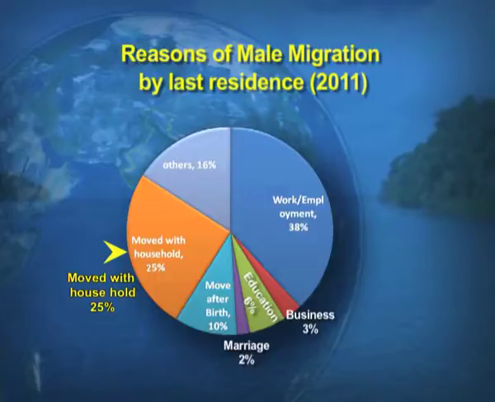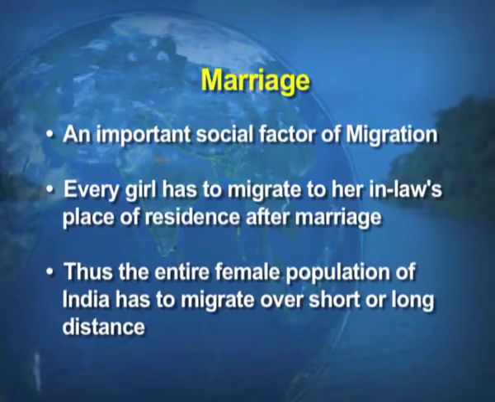25% is when they move with the households. Households means the whole family shifts. It is not a single movement of a male person, but the whole family movement, which counts for 5% of the migration. And the least percentage of migration among males, children, is marriage. And the marriage, which is least under male migration, you will find in another visual